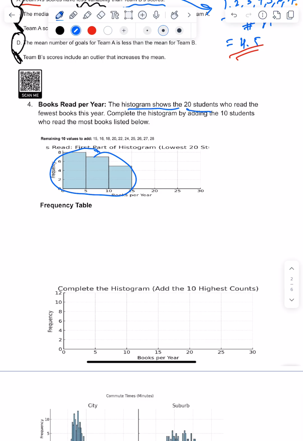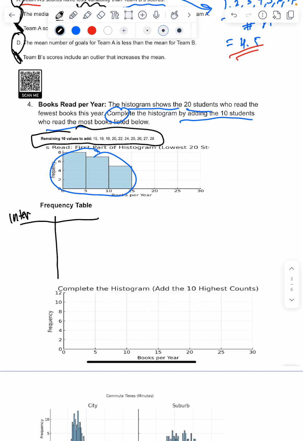It says for me to complete the histogram, adding the 10 students who read the most. So where is that data? Well, the data is right here. This is the one we have to plot. And here it tells me that I have to create a frequency table, so they already gave me a hint. I'm going to need an interval and then measure the frequency,